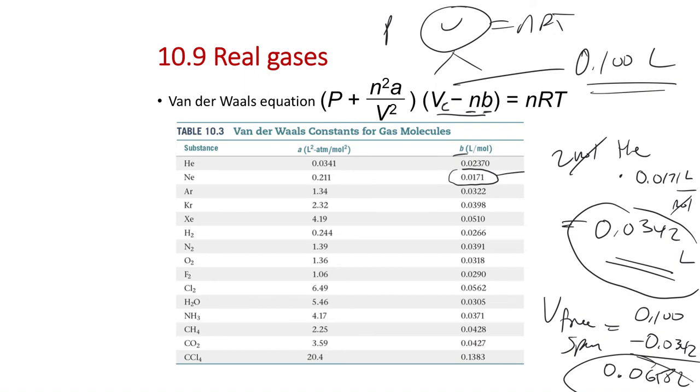So if we want to calculate the pressure of a neon mixture in a really small container with a high pressure, then we are going to have to use an equation like the van der Waals equation to more accurately calculate the pressure. We're not going to be able to use the ideal gas law to get an accurate prediction of the pressure of that gas. Okay, so the minus nB is the space occupied by however much gas is in the container. So minus nB is the space occupied by the particles, and then the volume of our container minus that volume is the free space volume. So this difference here is our free space volume.